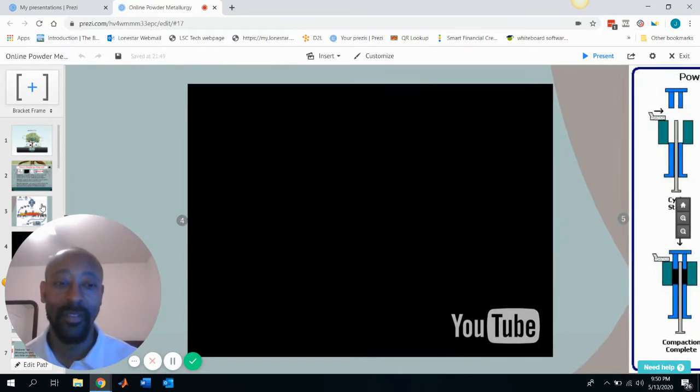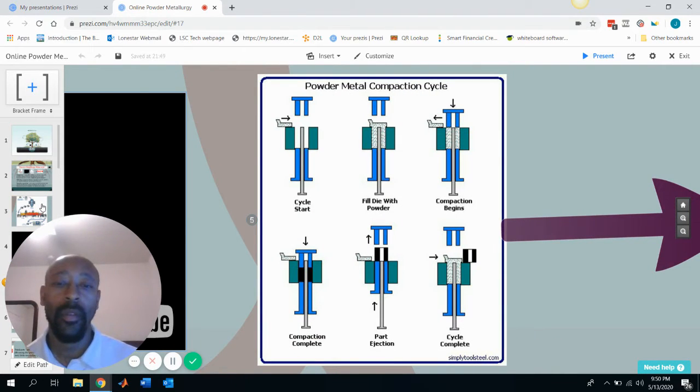All right, and now let's continue on. So this is simply a diagram of the compaction process that you just saw. You have your chute here filled with powder, and it fills your cavity with powder, and then your presses come in. Sometimes there's a core to save the space for a hole or inner diameter, and then it's